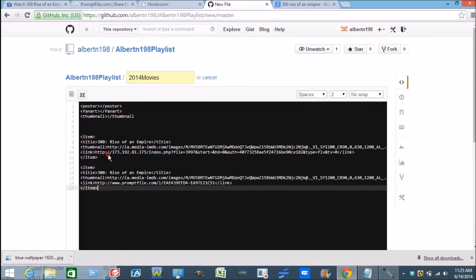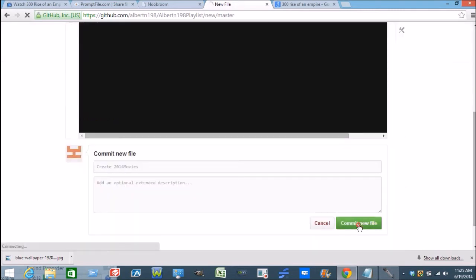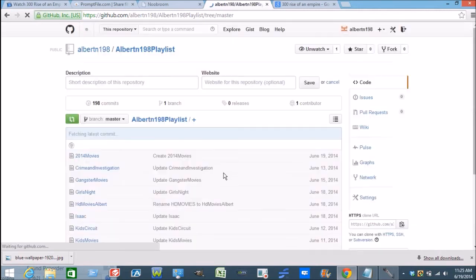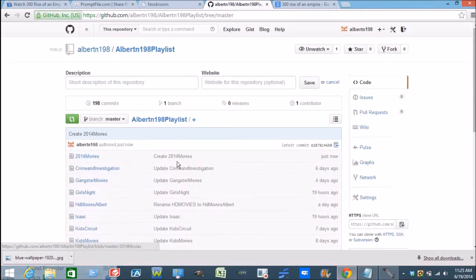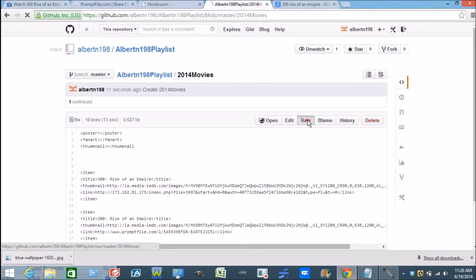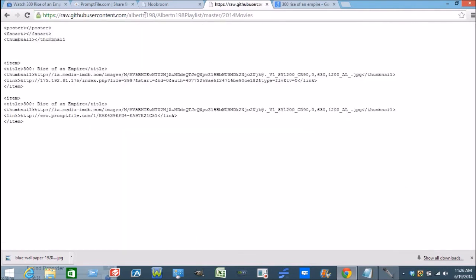Everything's already there, just how we had it. I'm going to commit new files. And as you can see right there, there's the 2014 movies created just now. I'm going to click on it again because I need to get the raw link to put into my actual XML file. I'm going to copy the link up there,